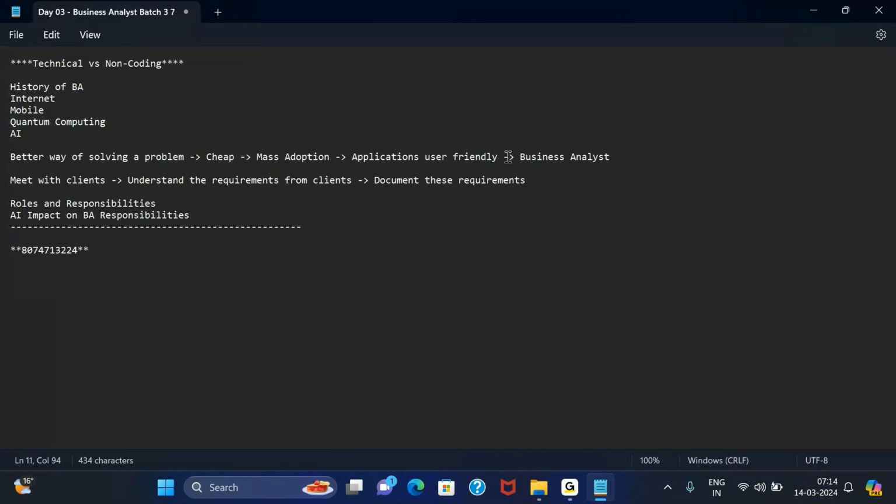Now, when I find some IT company to do this work for me, the IT company will first give me a business analyst to work with. Because as a client, I don't know whether you are going to build an application for Android or iOS, or what's the difference between the two.